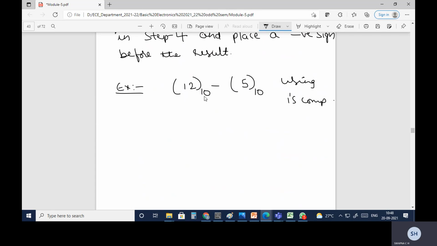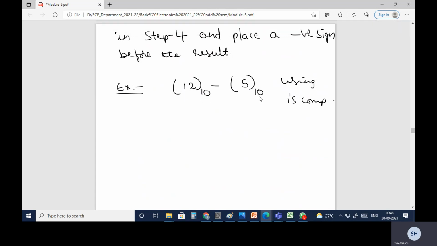Now we'll start following the steps. Initially, the given question is 12 base 10 minus 5 base 10. If you observe, it is not in binary form, it is in decimal form.